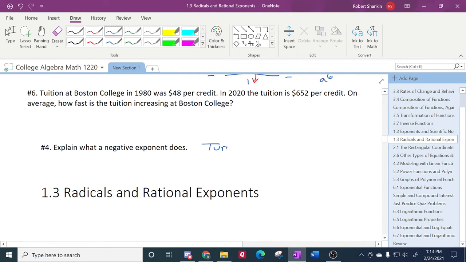Turns into a fraction. And there's many different points of view, but that's a nice point of view on this. Explain what a negative exponent does, it's turned something into a fraction. It doesn't make something negative. Does not equal negative 8. Is like this. It makes it, and another thing we might call it is instead of repeated multiplication,